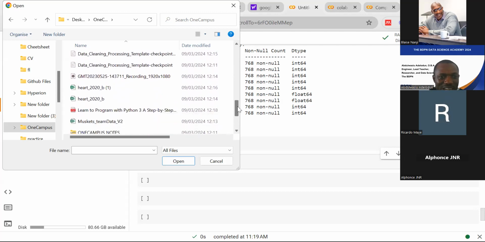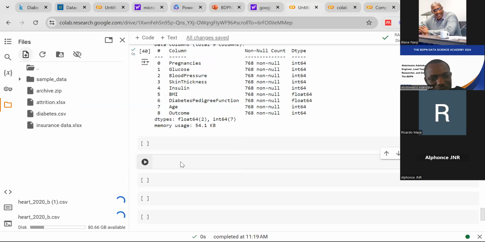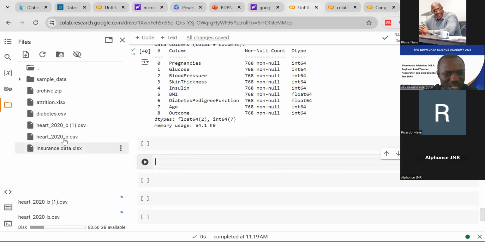I have a data of heart disease. Let me import the two because I don't know the one that will be good. I have two data here. So two data have been imported, and they are CSV files. Let me import B and C. Let me import this one. Let me call it